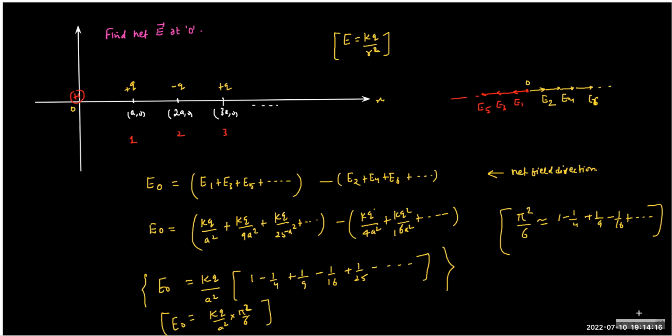There is one very famous value which you should remember from the series expansion in mathematics. So what is the value of 1 minus 1 by 2 plus 1 by 3 minus 1 by 4, without the square? Anyone knows this value? Sir, ln 2. Yes, this is ln 2. It is basically the expansion of ln(1 plus x). And what is the expansion of ln(1 plus x)? x minus x squared by 2.